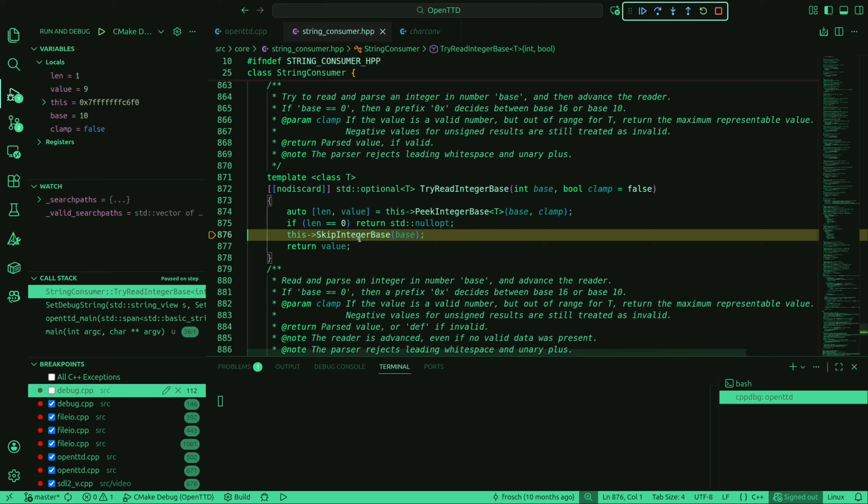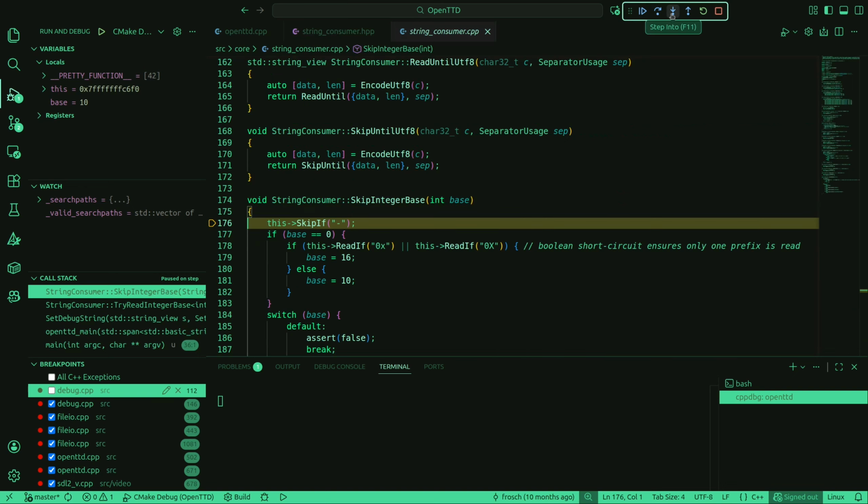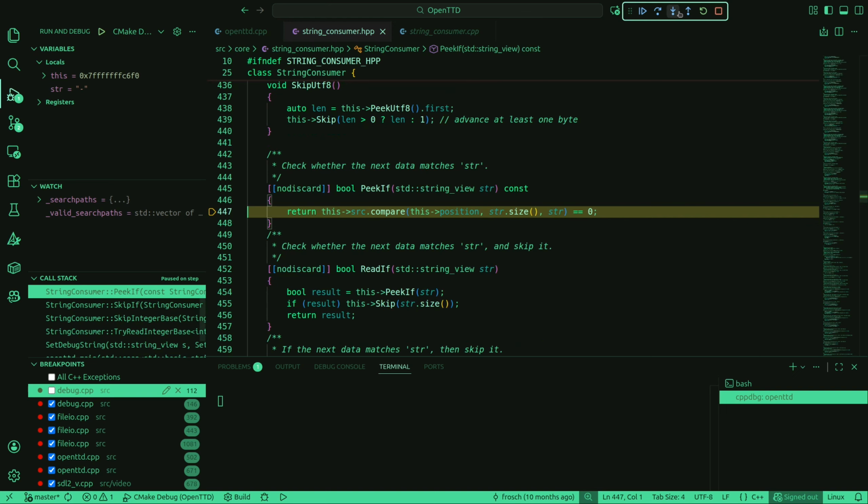Okay, and then what is that? Skip integer base. Skip if. Yeah, skip if, big if. Okay, so we're still in string consumer. So this is like a utility class. There will be a lot of such functions, I guess. So big if, what is big if? Oh, it's just compare. And we just compare that